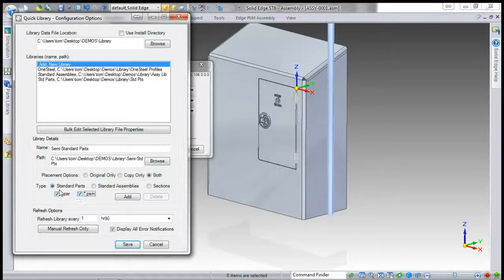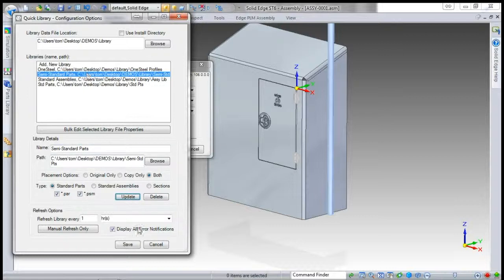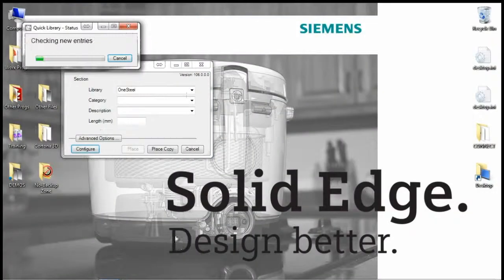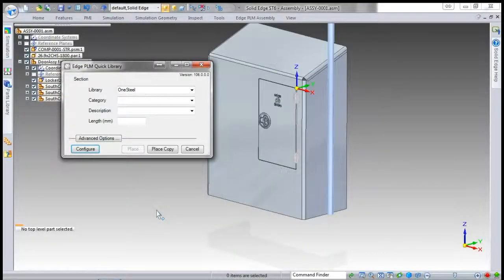So I'll allow both PAR and PSM. So I'll add that library in. As soon as I hit save, it will update and grab the new parts, and it will add them to the library. So we've now got semi-standard parts,